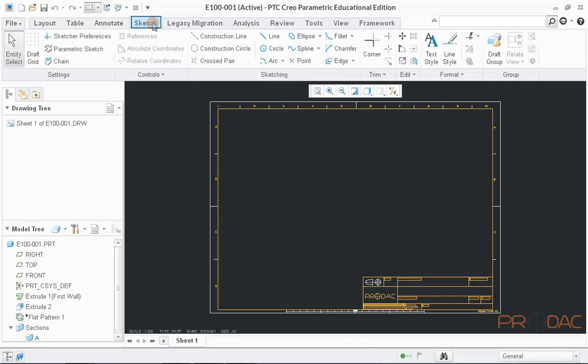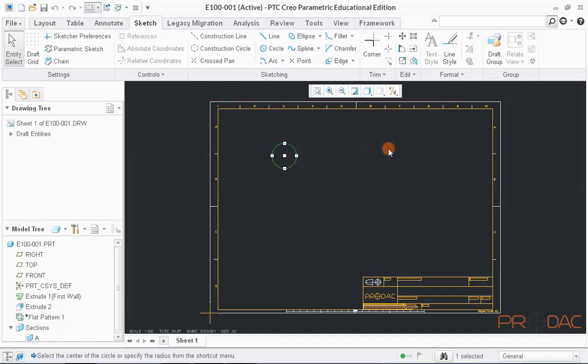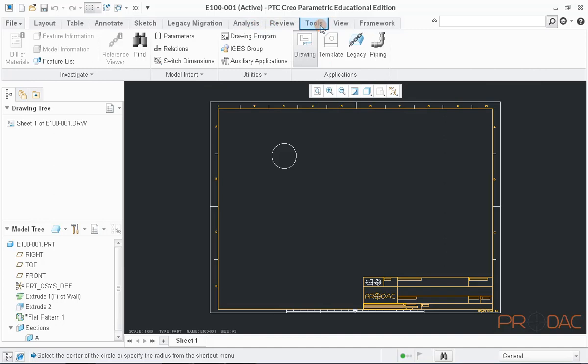Moving forward to next tab item, which is Sketch. Here options are given to add any sketch in the drawing, such as line, circle, ellipse, and many more. Now we'll draw a circle here. We'll just place it randomly somewhere in the drawing area. Now, let us move ahead to Tools tab. Here, we can set the parameters of the model like name, drawn by, checked by, and so on. Other important item in this tab is Relations. Using Relations option, we can relate dimensions using an equation.